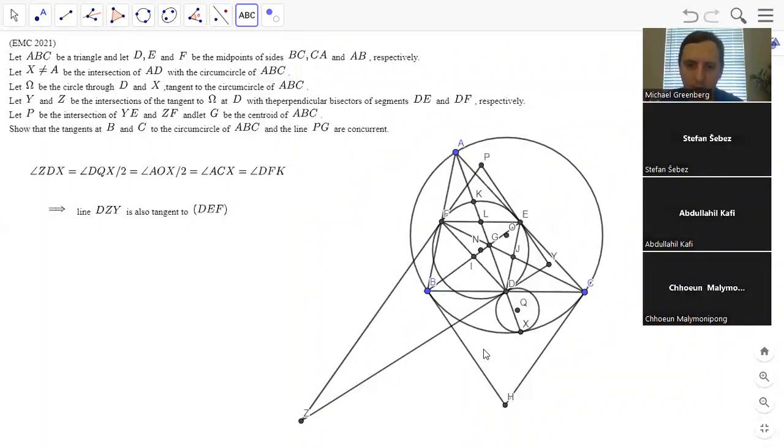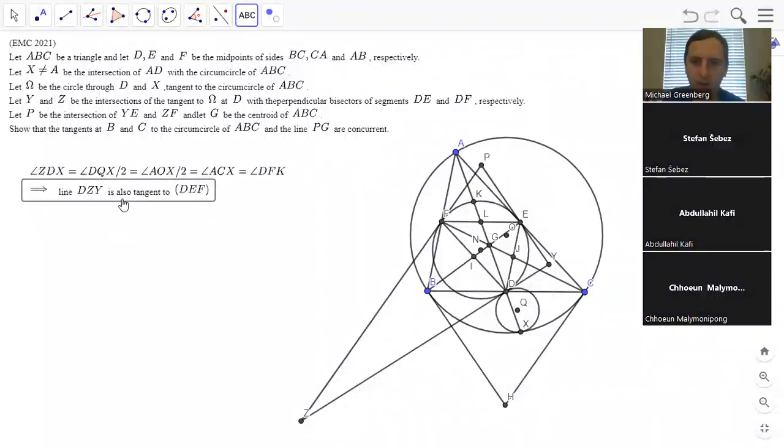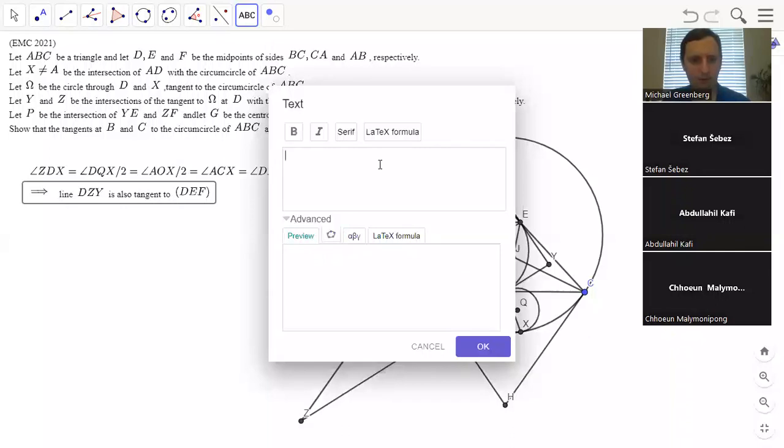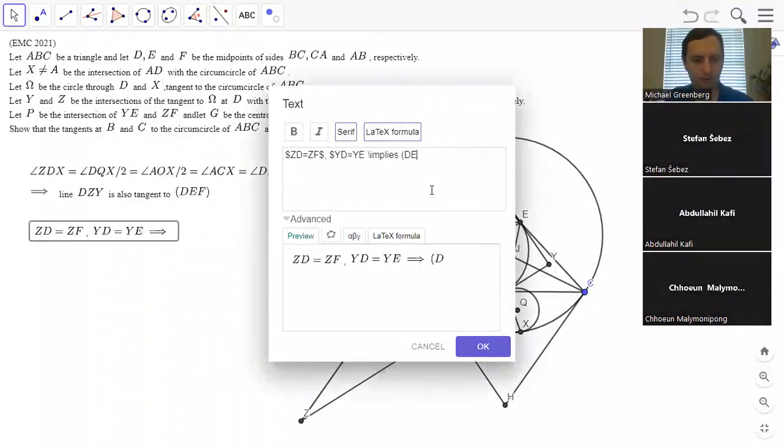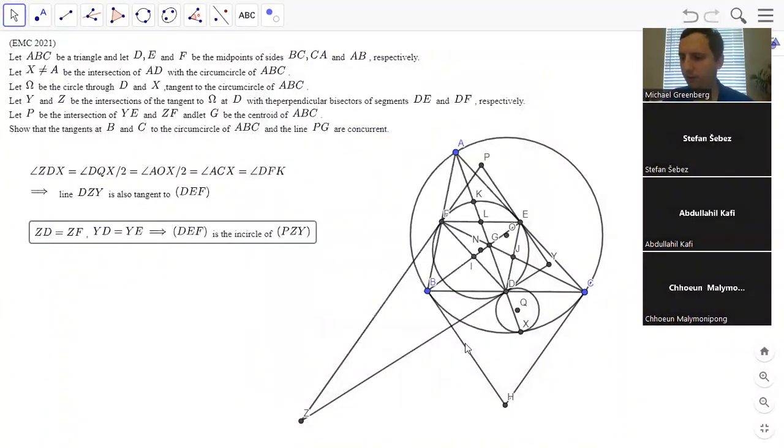So ZD equals ZF and YD equals YE. And that means that DEF is the incircle of PZY. Okay. And once we know that,